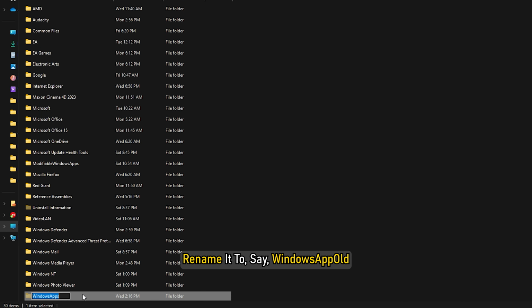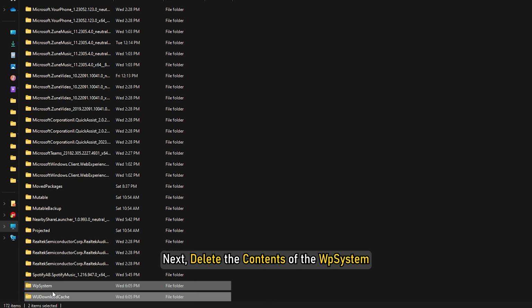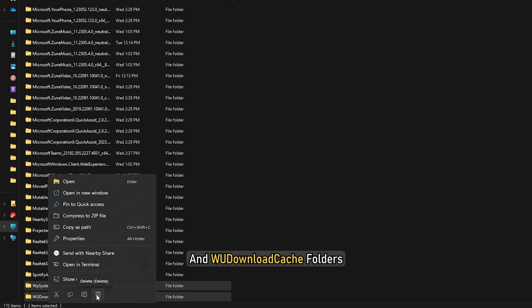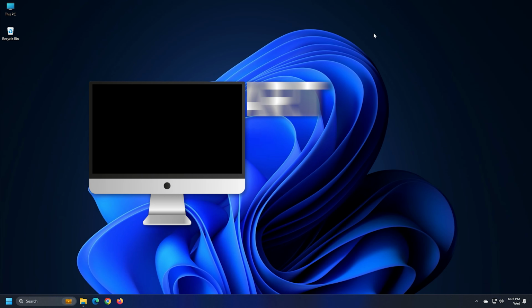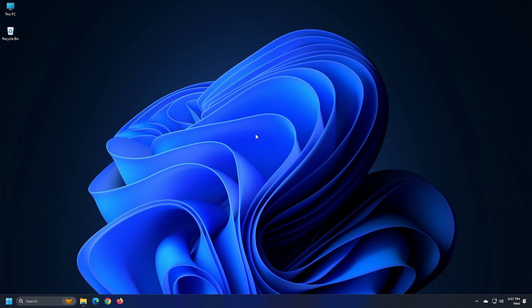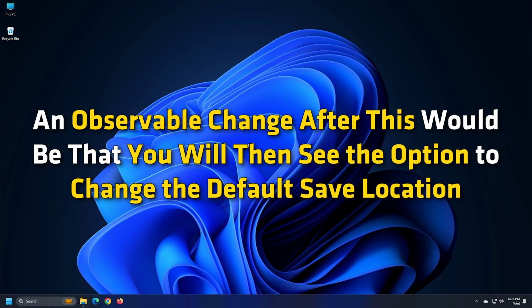Rename it to, say, WindowsApps.old. Next, delete the contents of the WpSystem and WUDownloadCache folders. Restart your PC and see. An observable change after this would be that you will then see the option to change the default save location